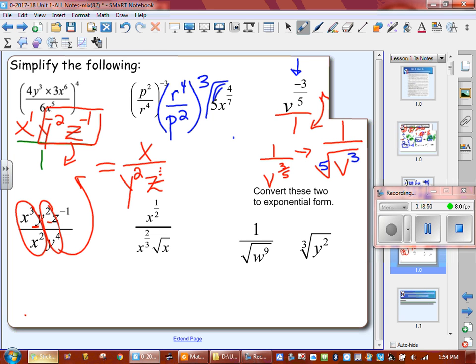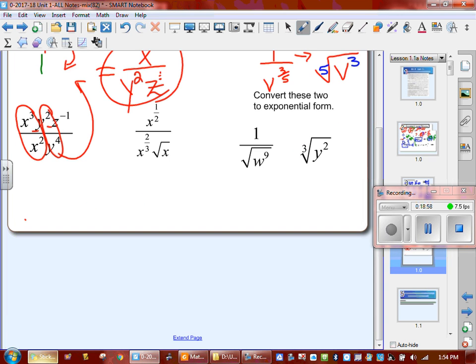This next question is a little bit more complicated. It goes with 2 different laws we've got here. So the first law we have is division. Division means we are going to subtract exponents. However, I need to solve on the top of my fraction and solve on the bottom of my fraction. So my top is solved for a number, so I've got x to the 1/2. My bottom, I need to solve it for a number. So I've got x exponent 2/3 times, I'm going to change this to a fraction exponent, x to the 1/2. So we're taking a root of x,